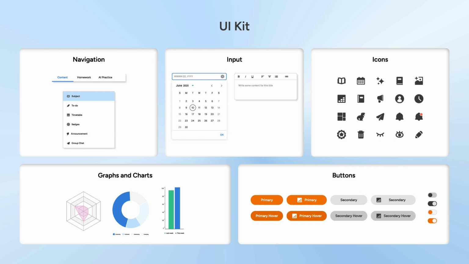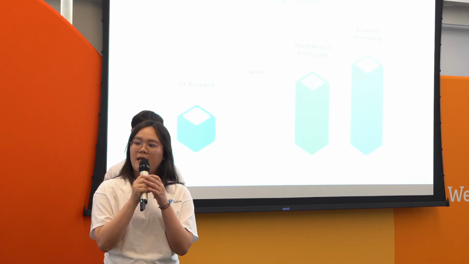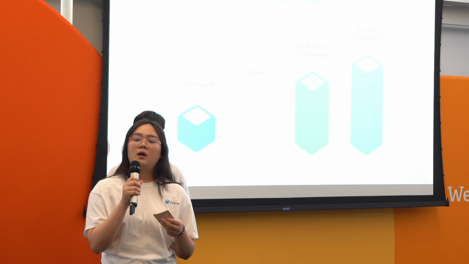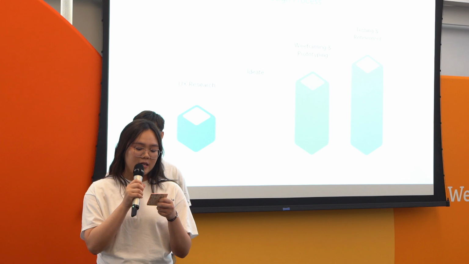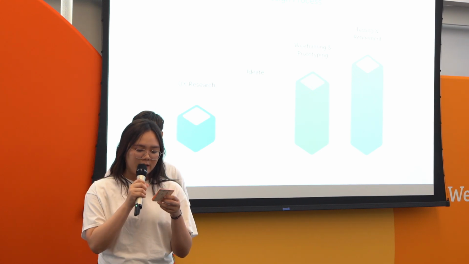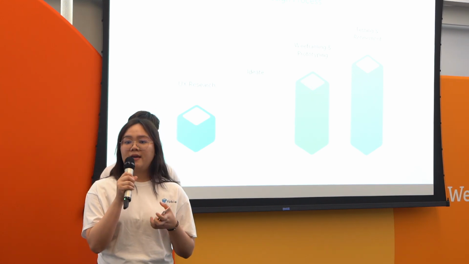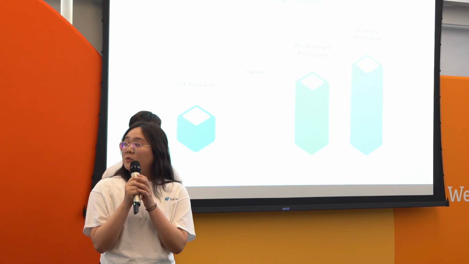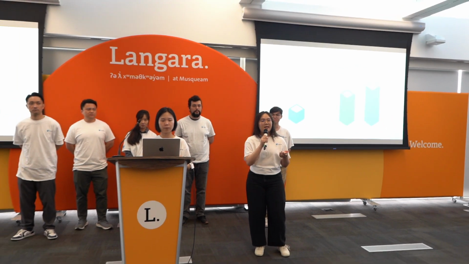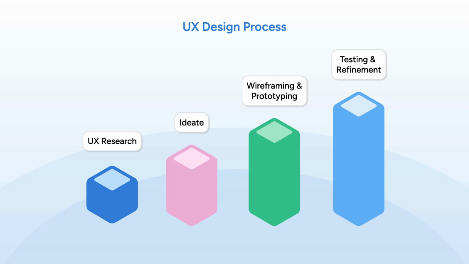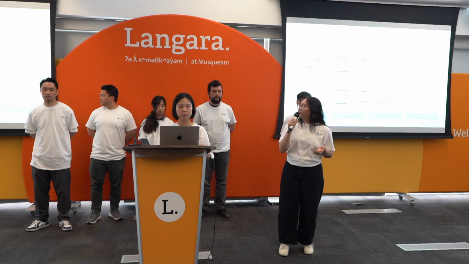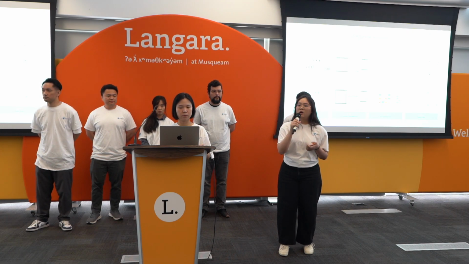Moving on to our UX design process, we started off by conducting UX research and interviews with real users. Special thanks to students, teachers, and parents from Annie B. Jamison Elementary, Sir John Franklin Elementary, and Charles Kingsford Smith Elementary. Then we moved on to the ideate phase. We used that insight to identify their key challenges and design the flow and features that address their pain points. Then we started wireframing and prototyping. Here are examples of our wireframes and high-fidelity mockups.